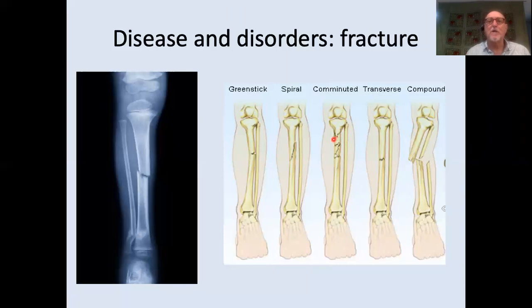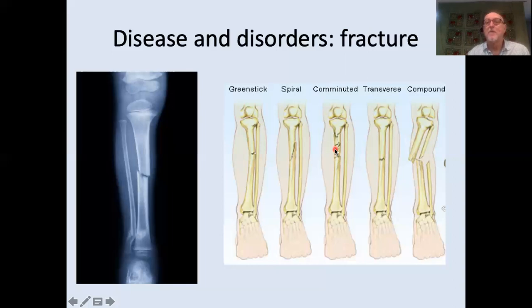This is a break called a comminuted fracture. And this is very typical of somebody that has fallen and has landed on their feet. Where the stress in these breaks is in this direction. The stress here is in that direction. It is vertical. And it leads to these very, very complex fractures of the bone, and often a shortening of